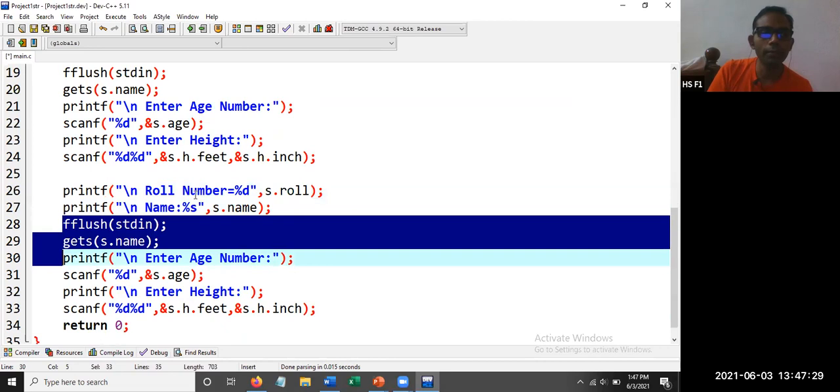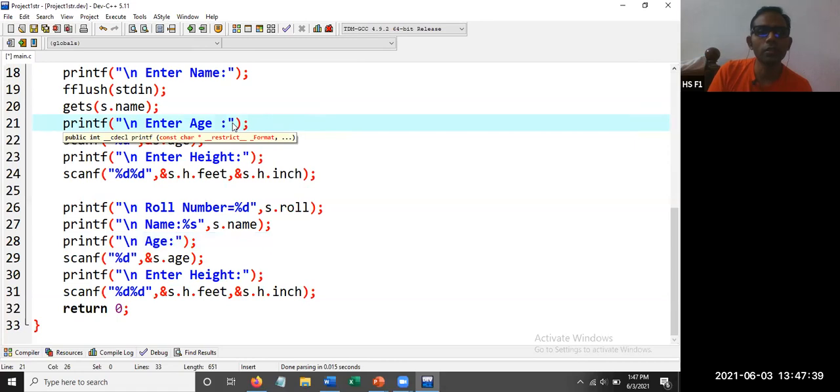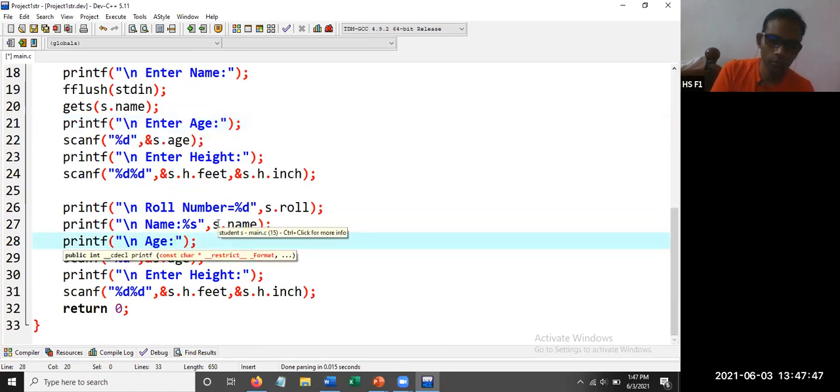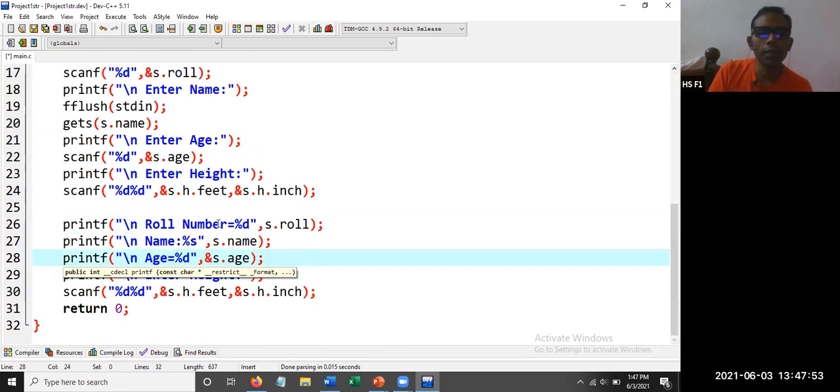So we are going to get the name. Then we want to print age. Age is equal to %d, comma s.age. So we are going to print the age.